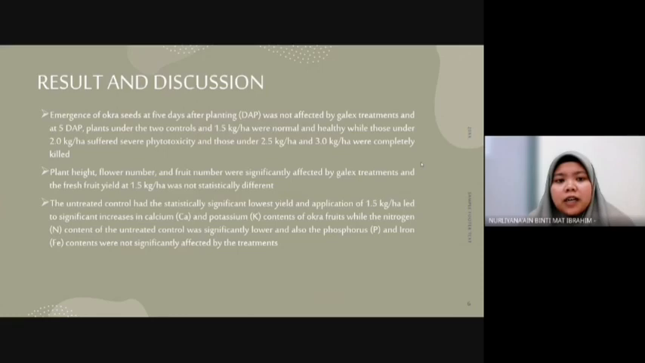Emergence of okra seed at 5 days after planting, DAP, was not affected by Galex treatments, and at 5 DAP plants under the control and 1.5 kg per hectare were normal and healthy, while those under 2.0 kg per hectare suffered phytotoxicity, and those under 2.5 kg per hectare and 3.0 kg per hectare were completely killed. Plant height, flower number, and fruit number were significantly affected by Galex treatment, and fresh fruit yield at 1.5 kg per hectare was not